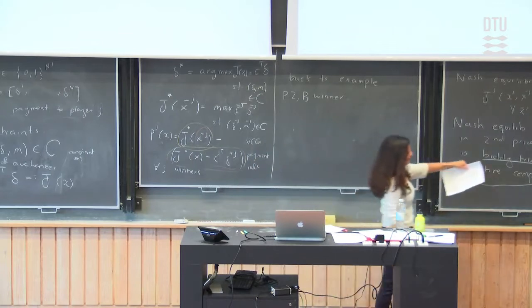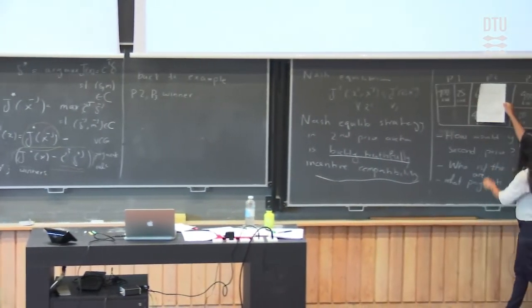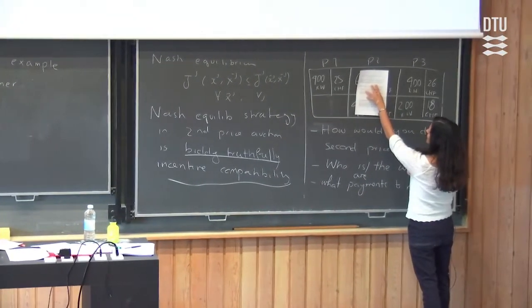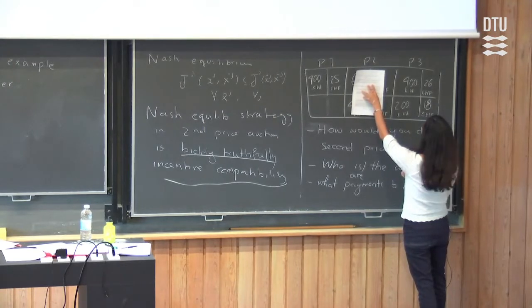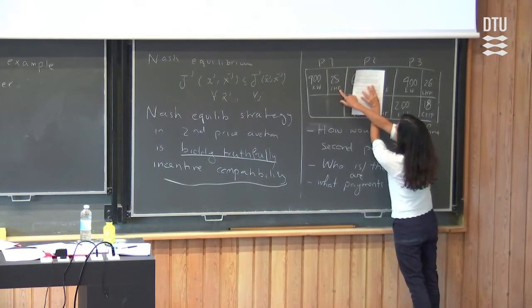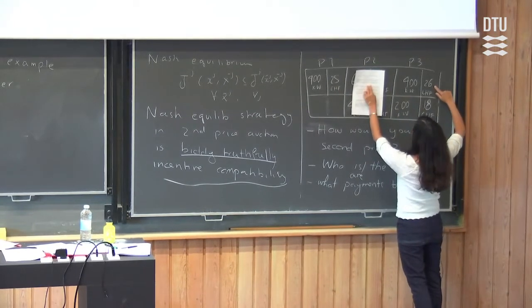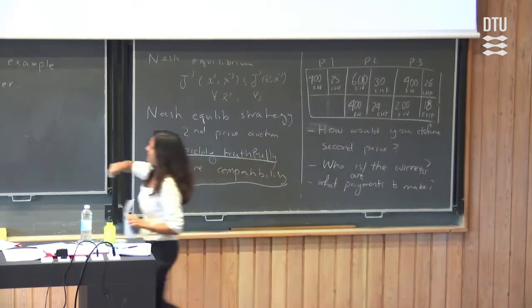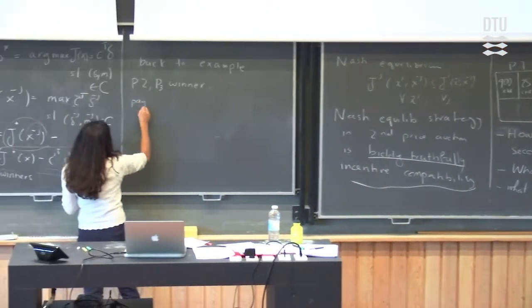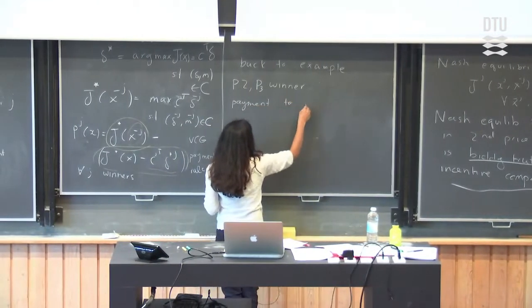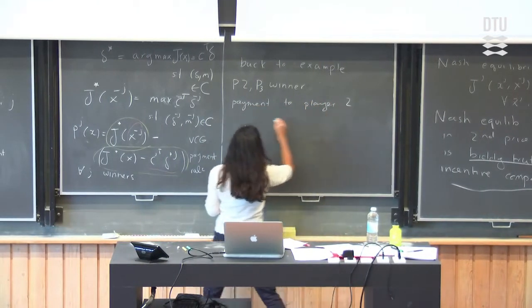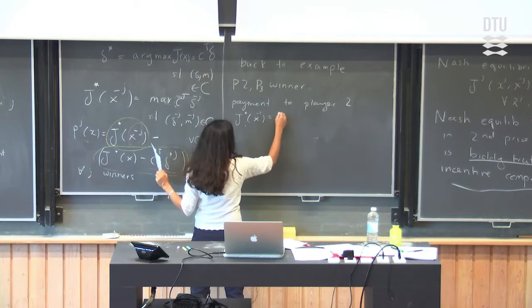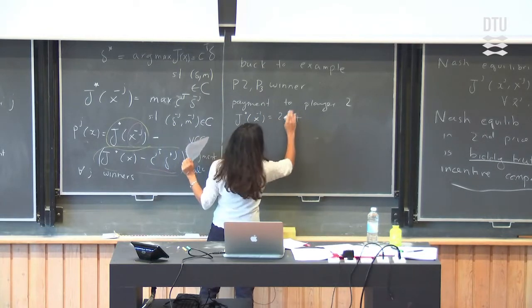What we'll do is take away this player, and we see that, okay, if I want to get 800 kilowatt, what's the cheapest way I can do that? I need for sure this bid, and then I need this one. So it's going to be 51, right? It's going to be 25 plus 26. So for the payment to player 2, J star of x minus 2 is going to be 25 plus 26,